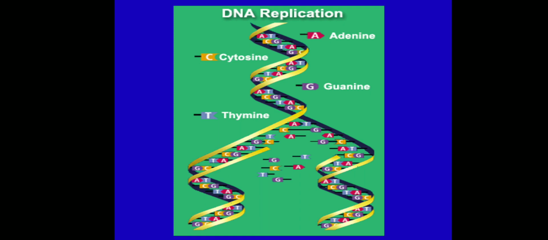Each strand is a polynucleotide, made up of a sequence of four chemical bases represented by the letters A, C, G and T: adenine, cytosine, guanine and thymine. The two strands are complementary. This means wherever there is a T in one strand, there will be an A in the opposite strand, and wherever there is a C, there will be a G in the other strand. Each strand has a 5' end and a 3' end. The two strands run in opposite directions.